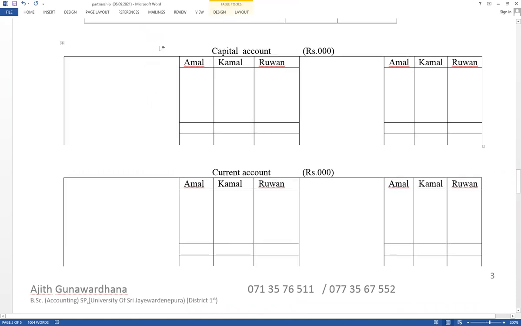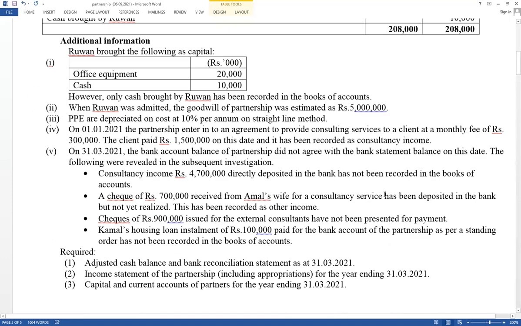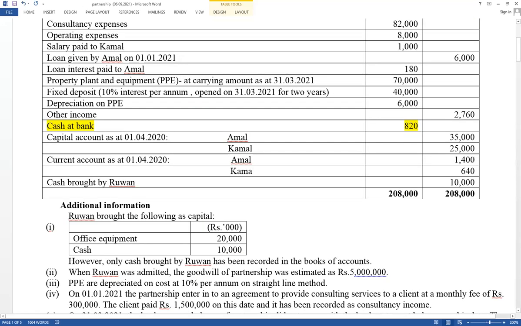All three partners. A new partner is also available during the accounting period. Take the balances, partners' capital and current accounts. Equity, it has given in the trial balance. Opening balance, it has given. Take those values as a balance brought forward. See the trial balance. It has given trial balance balances, capital and current accounts. That value should be included as a balance brought forward.